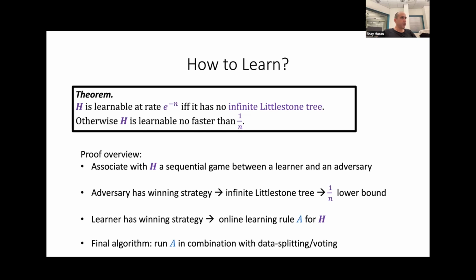Yeah, what you suggest is very natural. So you're saying that, right, here in a sense, we fix the class and then we quantify over realizable distributions. But you're saying that instead, maybe we can just look at a set of distributions and try to study this. This is very interesting, but I don't know whether there is such a clean statement in such a setting, this trichotomy. But it is an interesting direction.